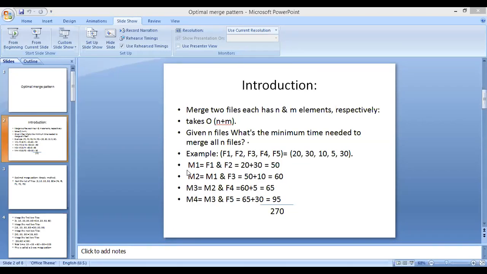The newly created file is M2. Now I want to combine M2 with 5, so that is 60 plus 5, total operation is 65. Again, I want to combine M3 plus F5, so that is 65 plus 30, so 95. And the total operation is 270.